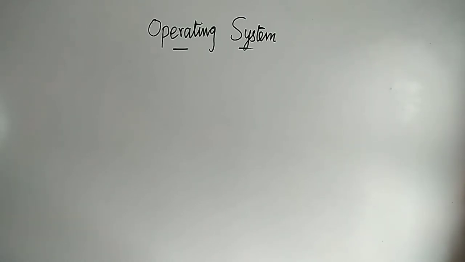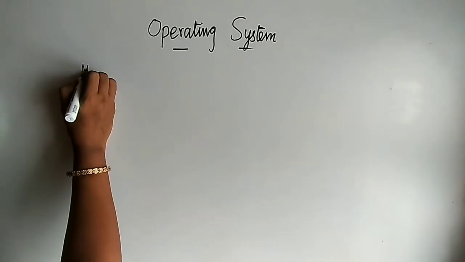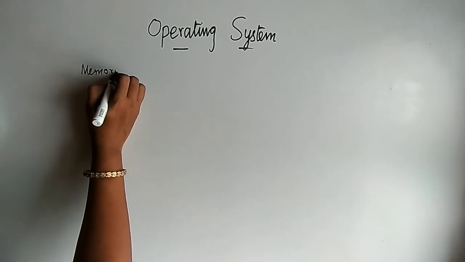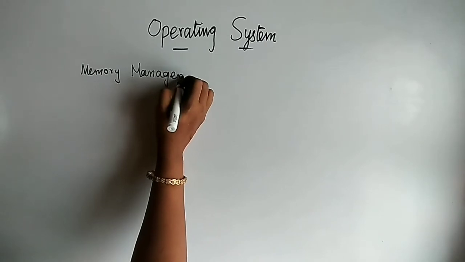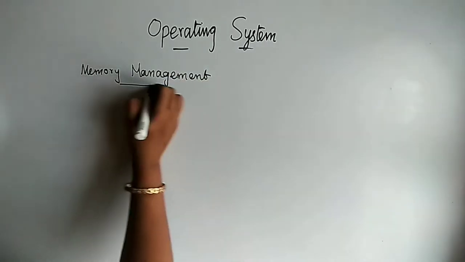In the previous class, we finished the user interface. What is a user interface? Why you need that, and what are the key points that you must consider in your mind while designing an application? That is your user interface. Today we are going to continue with the next key feature, it is your memory management.